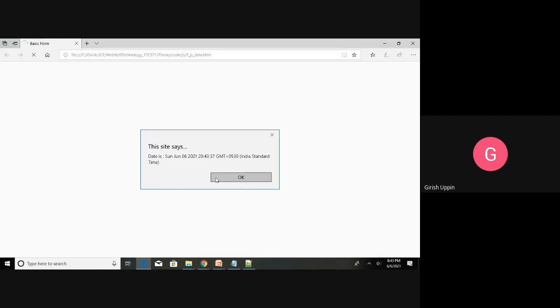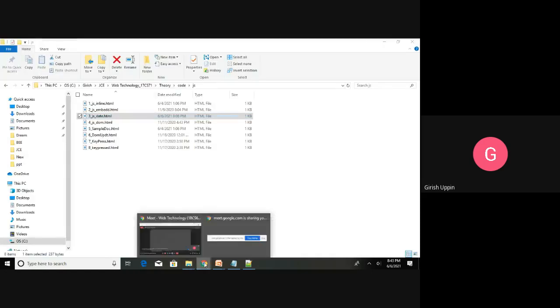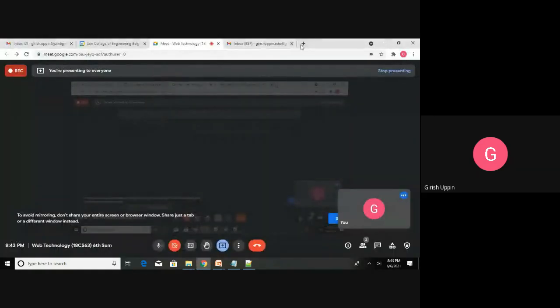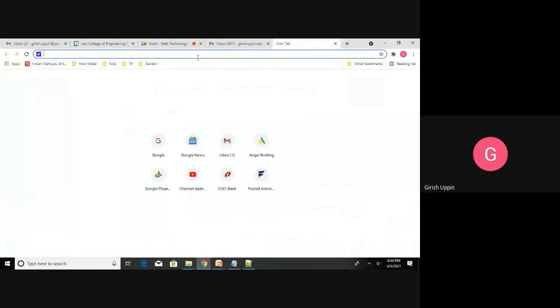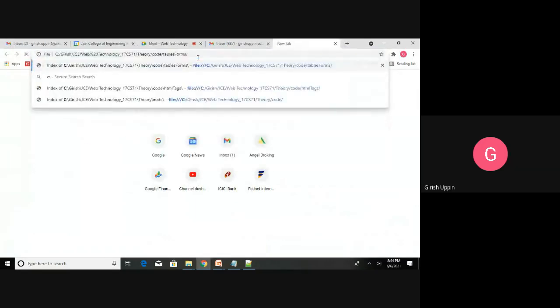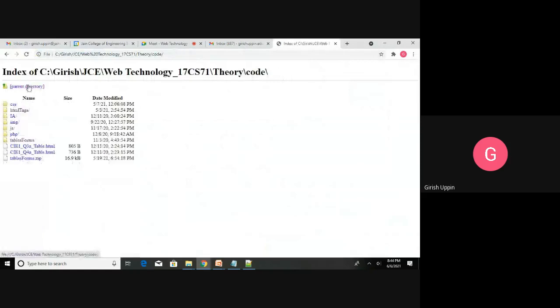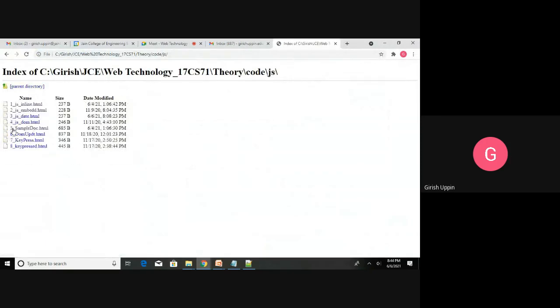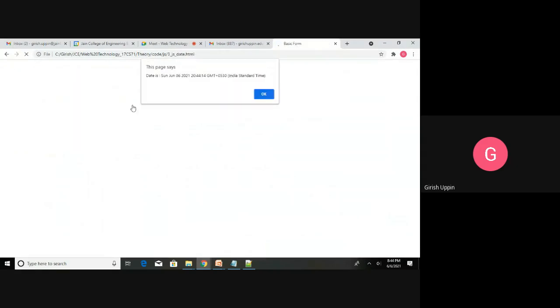I just opened it in IE. Normally we open in Chrome, so let me open it in Chrome as well. Okay, so there is a little difference in the way the pop-up is displayed. This is in Chrome. So date is Sunday, June 6th, and so on, GMT, Indian Standard Time.